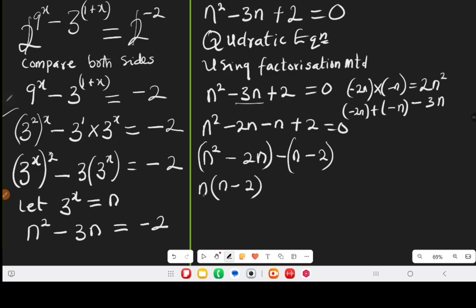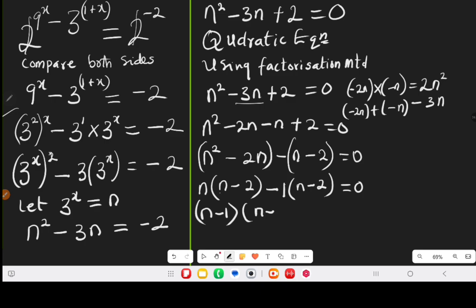When we multiply back, n times n will give us n squared, and n times minus 2 will give us minus 2n. Minus, the factor of this bracket is 1 into n minus 2 equal to 0. If we look at this, the two brackets are equal. We pick one, and we pick what is outside the bracket. What is outside the bracket is n minus 1,